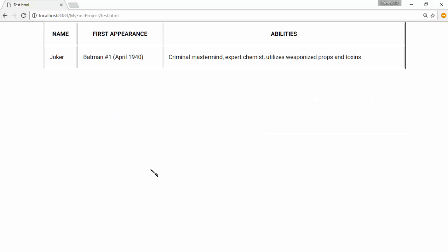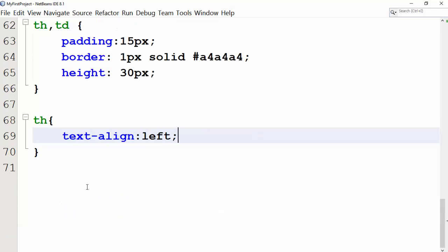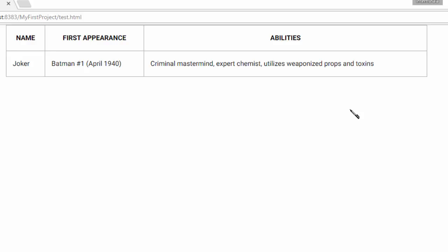Also, text in the header, if aligned to the left, would look better. Let us see how we can achieve it. Let us go back to CSS and add some more styling to our table. We will use the border-collapse property in the table selector to remove spaces between the 2 borders that you see. Also, we will add text alignment to the th element. Let us see how the output looks now. The table looks neat and clean.